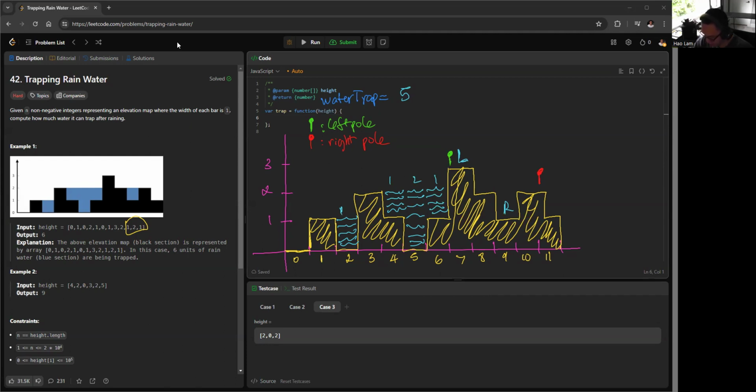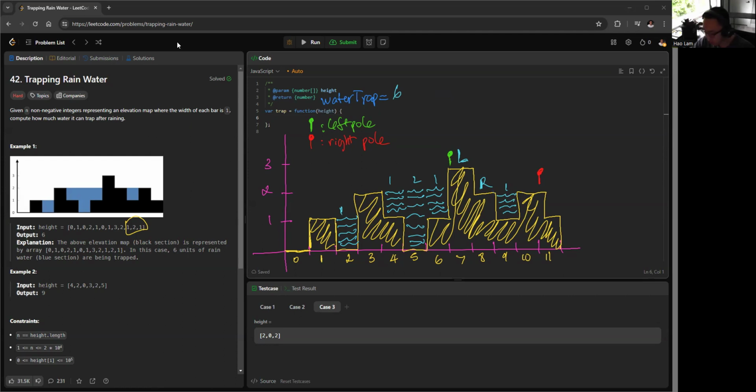Right, and now, because the height at the right is lower, shorter than the height at the right pole, we know there is trapped water. This part, which is 1. So we add 1, so this becomes 6. The right pointer is shorter, so we move the right pointer to here. So the right pointer is equal to the right pole, which means there shouldn't be any water trapped,